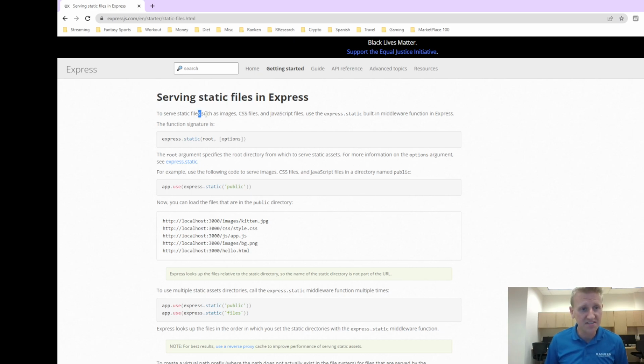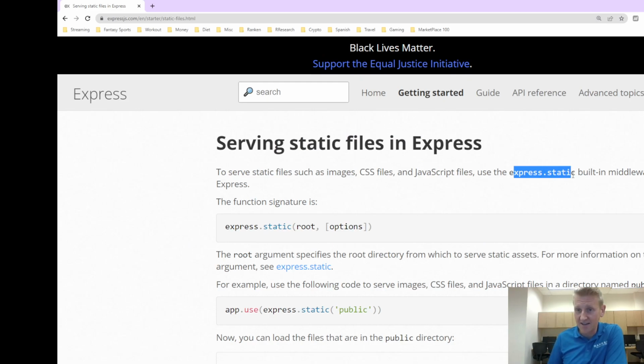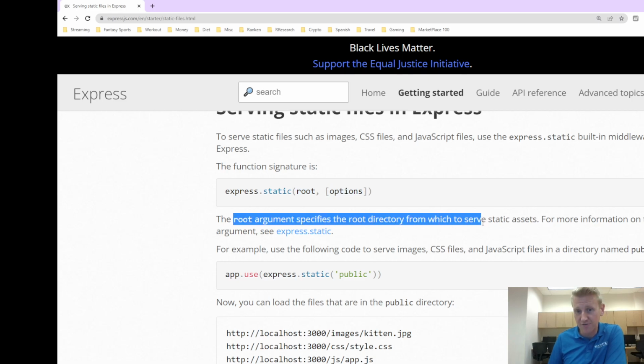So you can see here, to serve static files like CSS, JavaScript, and images, kind of zoom in, use the Express static function, express.static. Root and then options. It says the root argument specifies the root directory from which to serve static assets